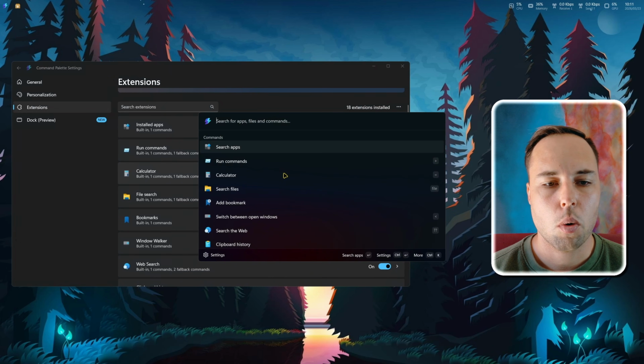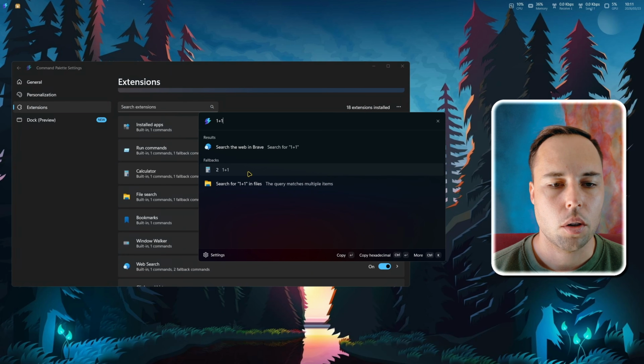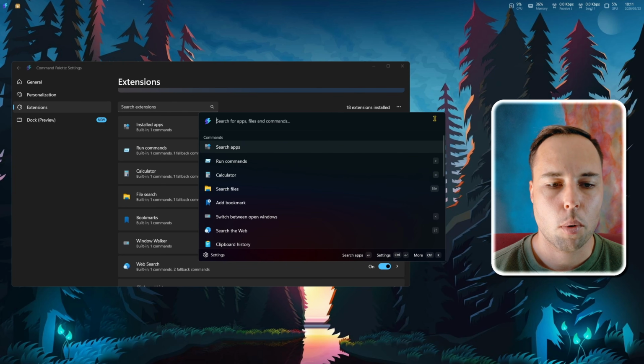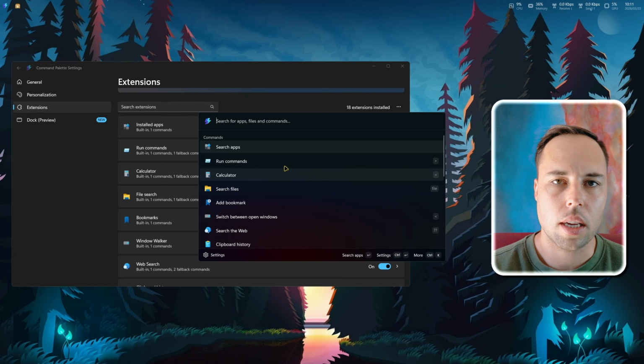So basically when you call up the Command Palette, you can do math with it, and you'll see there is a calculator option that you can use there. And you can copy the result to your clipboard as well. Now, if you look on the right side of the Command Palette here, you can see these keys that they show next to each of these commands. So for example, the calculator, you can initiate that by just typing an equals sign, and it will then go into calculator mode, and you can do calculations with it.